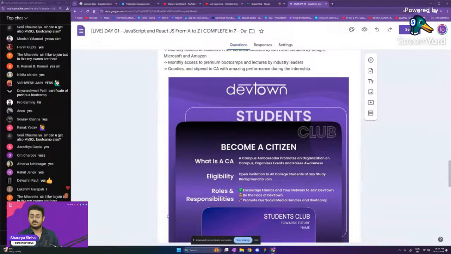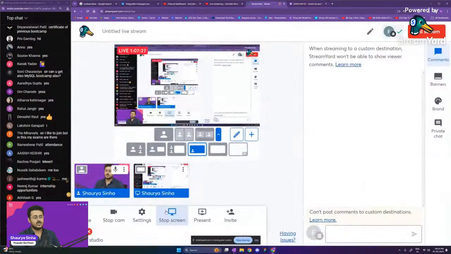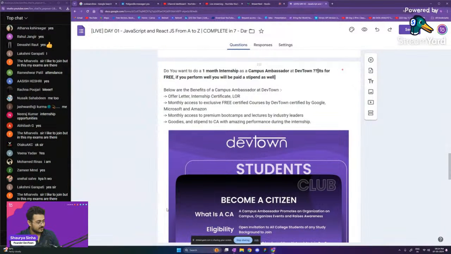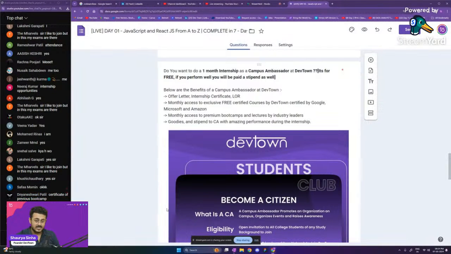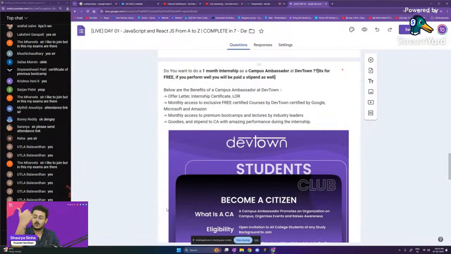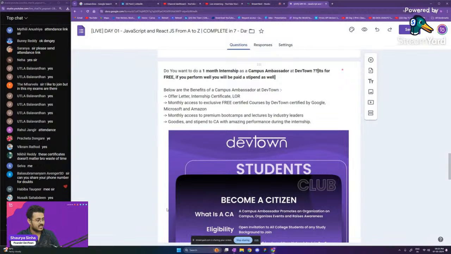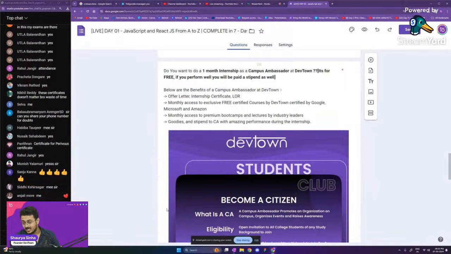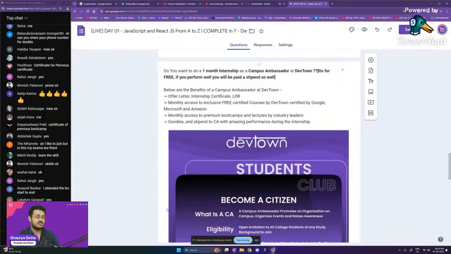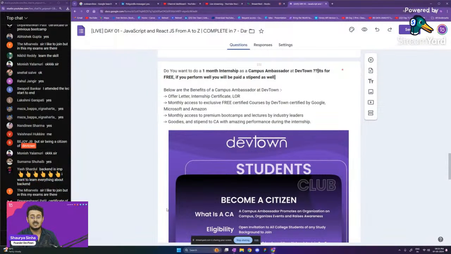That is a free internship program via DevTown, in which every student who takes part receives an offer letter, and receives a letter of recommendation that you can submit in other internships that you're joining, or job roles, or if you're going out of the country to study for a master's. You can use your letter of recommendation right over there. Internship completion certificates are included as well. You also receive free courses via DevTown every single month.